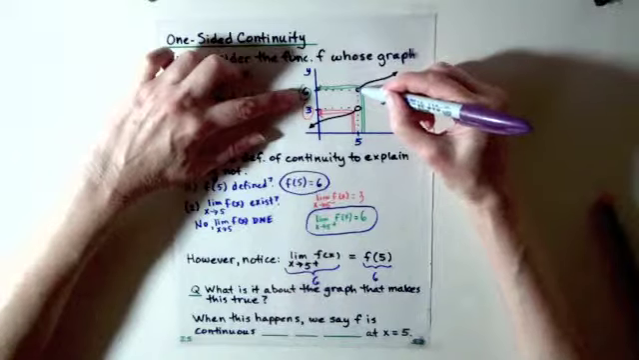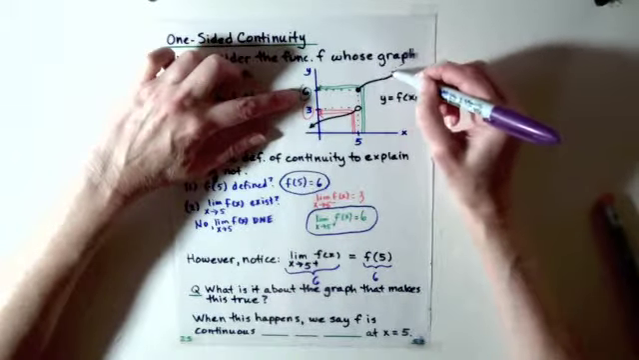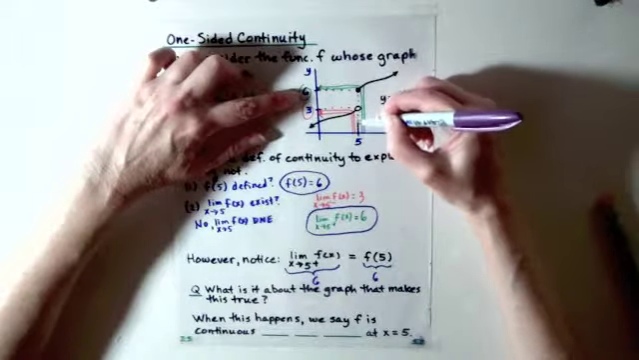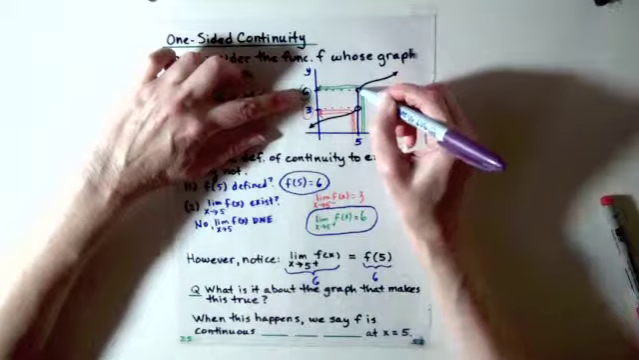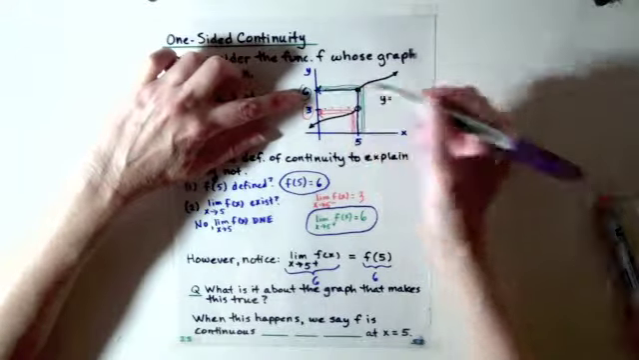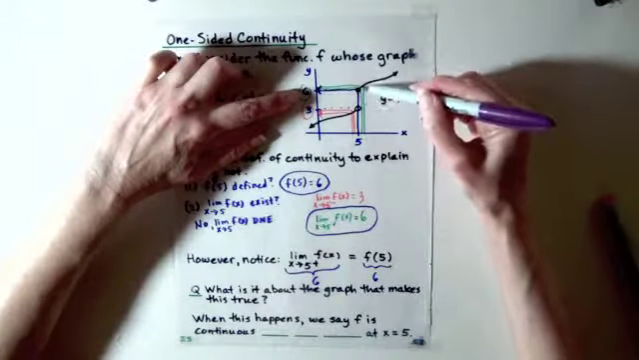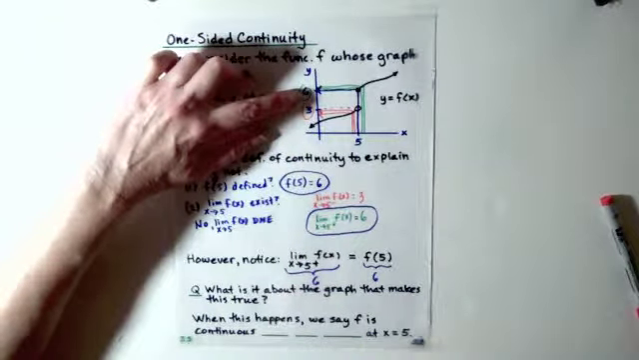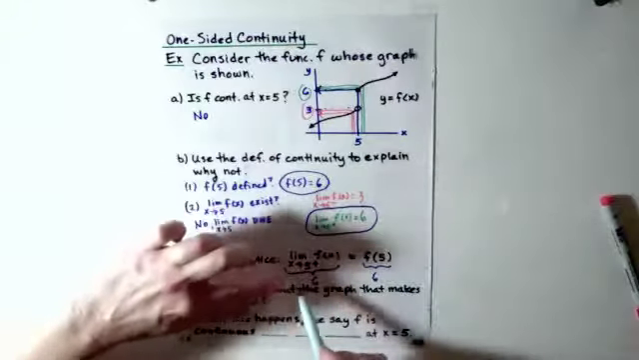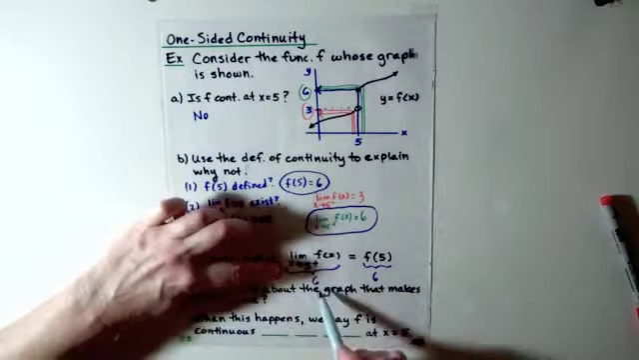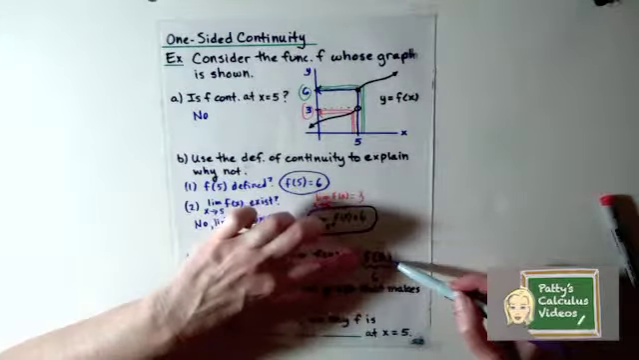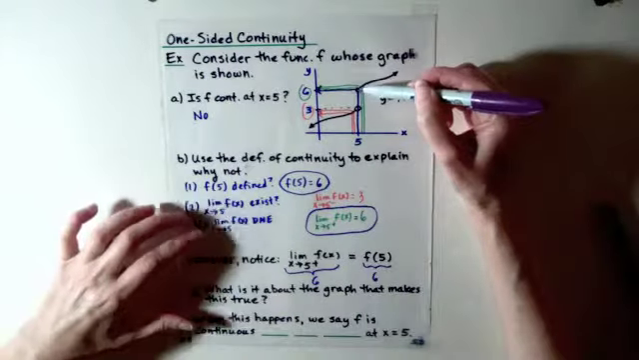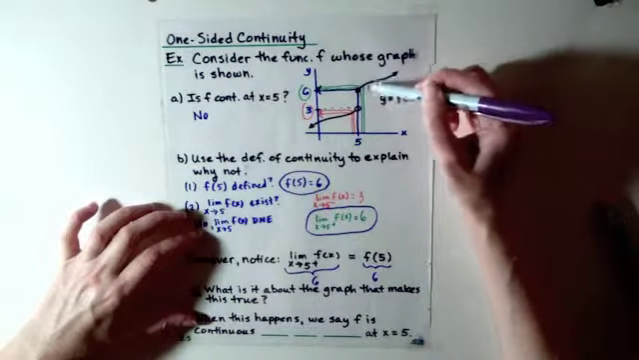And because there's a solid dot at the end of this right half chunk of the graph, it meant that when we plugged 5 into our function, we go up to the solid dot and we get the output of 6, exactly the same value that the outputs are getting closer to as we approach 5 from the right. So the thing about the graph that made the limit from the right the same number, namely 6, as the value of the function at 5, namely 6, is that this solid dot was at the end of the right-hand